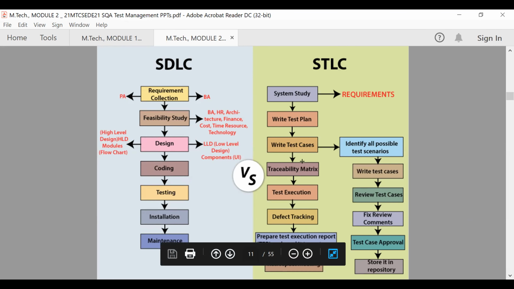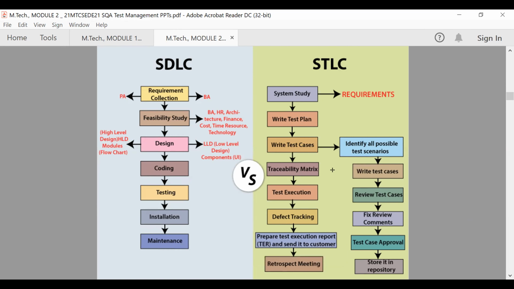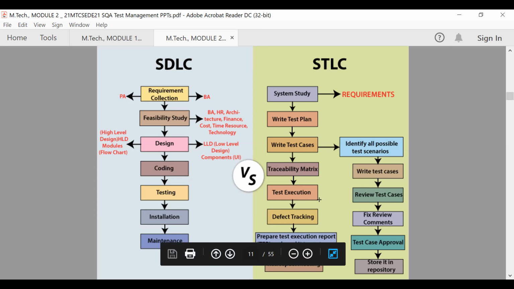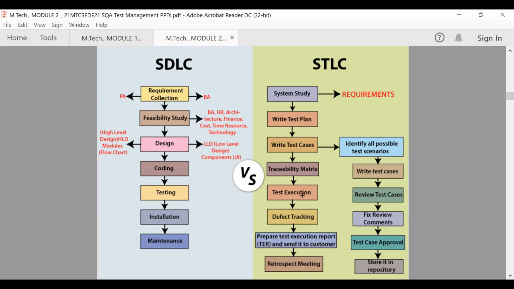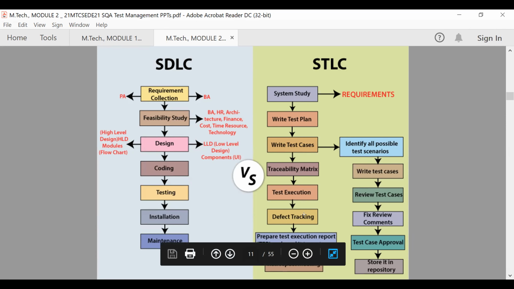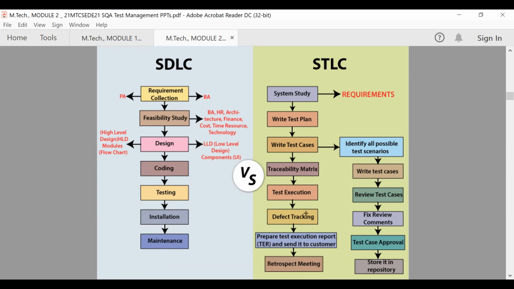And the traceability matrix will be generated based on the nature of the software bugs. Then once the errors are found, the errors need to be rectified. That will be performed by using test execution. Test execution will identify the errors and bugs. Then we will create the defect tracking. Any other major defects hidden in the software should be tracked through the defect tracking step.